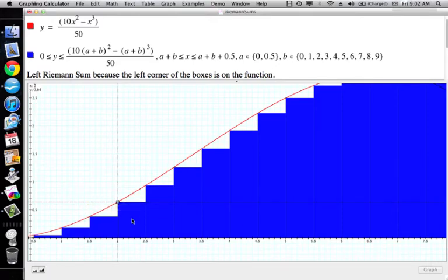So the area of this rectangular box is going to be 0.64 times 0.5, so it's going to be 0.32. So I know the area of that box is 0.32. Now I go up and I find this box, and 0.9375 is my y value, and I take 0.9375 and multiply it by 0.5, and I get